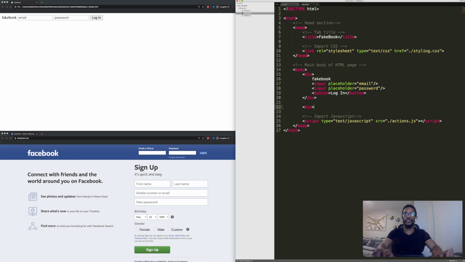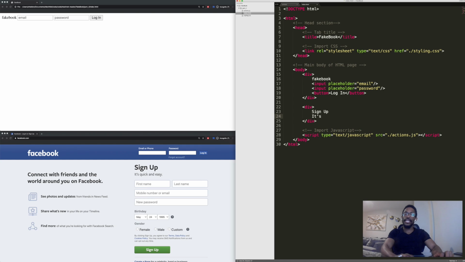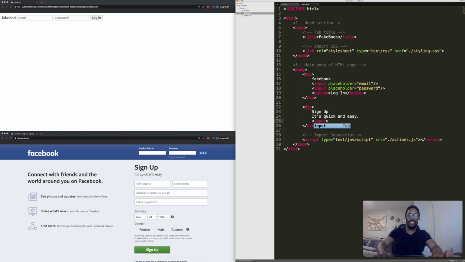So we're going to make another div. We're going to close out this div, and we're going to go ahead and start typing in the stuff that we see for the actual form itself. So sign up, and we're going to say, signing up, it's quick and easy. Oh, not wick, quick and easy dot. And we want an input, and we're going to have a placeholder here, and we're going to say first name,